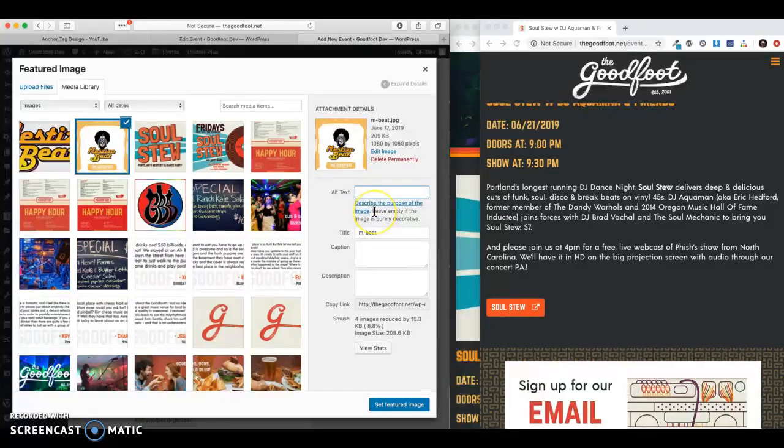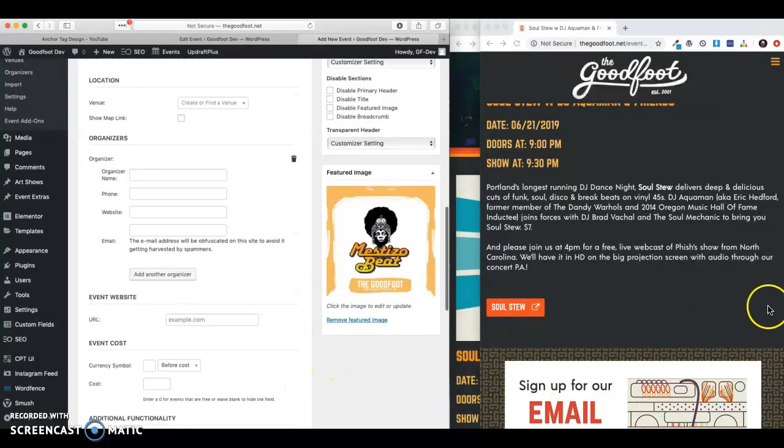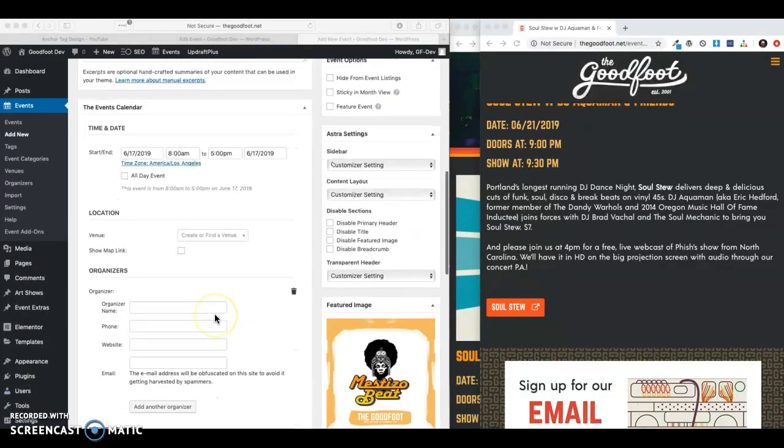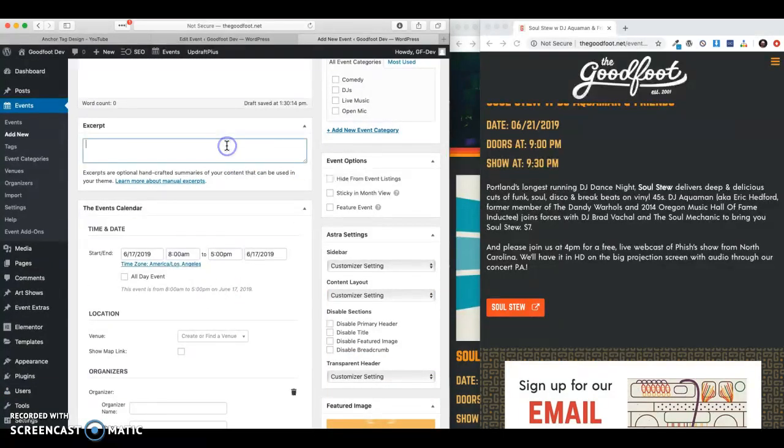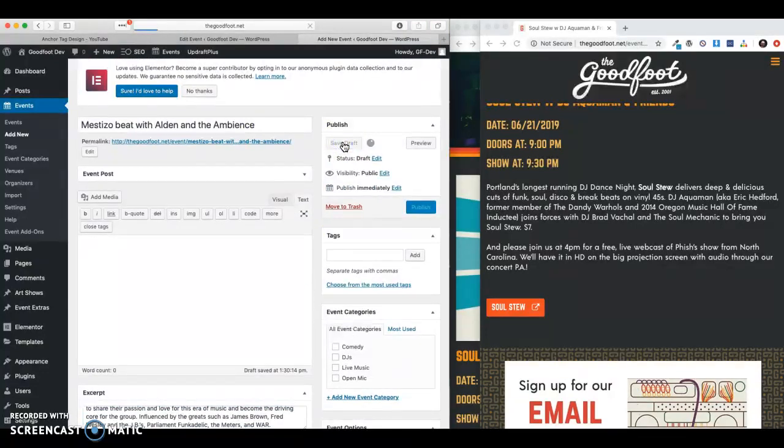And I just dropped this in one of JP's prefabbed little templates. We only need one T in there. So there's that, set featured image. And then there's that, and then the excerpt. I'm just going to grab the first paragraph off of that, drop that in here. So there you go for that, and we're going to save the draft. And if we go back to the front page,